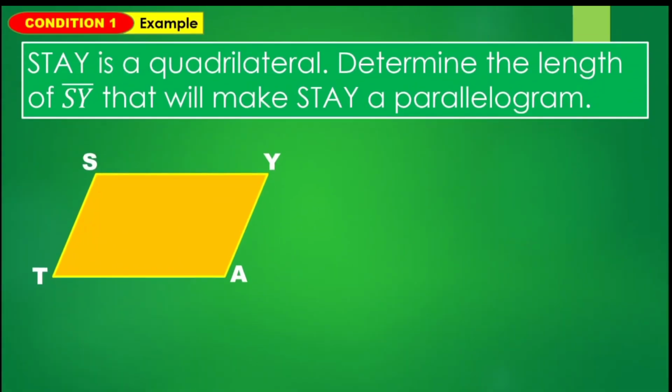Alright, so let's now have our example. STAY is a quadrilateral. Determine the length of segment SY or side SY that will make STAY a parallelogram. Okay, with the given, of course, that side ST is 10 centimeters while side YA is 10 centimeters. And segment TA, this one here, is 12 centimeters and we're looking for the side SY that is represented by